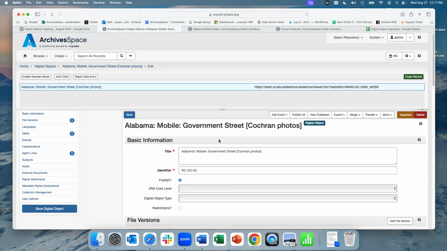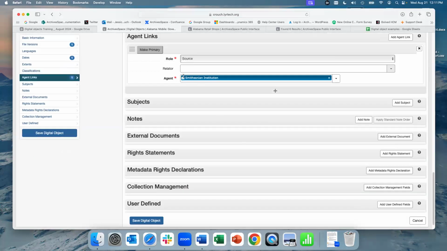So here's that record. I did very briefly link one agent there. And so I wanted to go over this and talk a little bit more about linking subjects and agents. Of course, we have separate trainings about managing subjects, agents, and classification. So I'm not going to dive into how to create these records, but I did want to go over them very briefly and just give some context for how you might want to link your relevant subject and agent